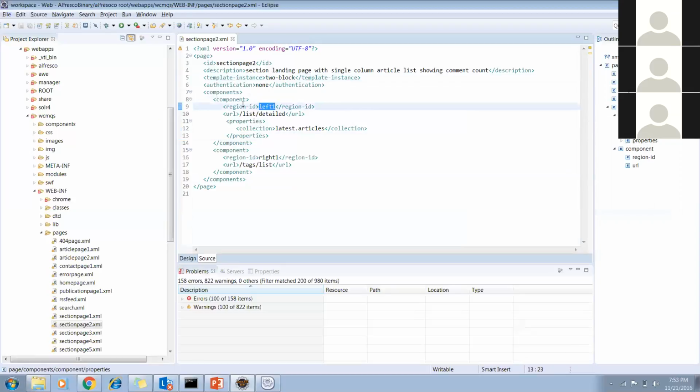Each page will have a region, either top region, left, or right. I will take you through the detail in the following session, just a hint of how the section template contents find the data.